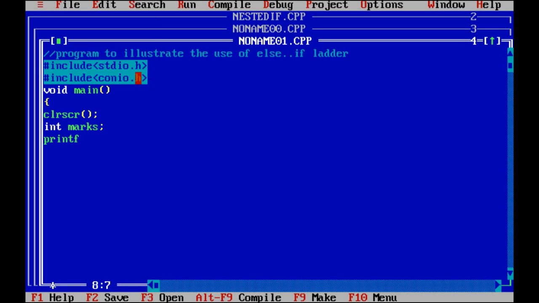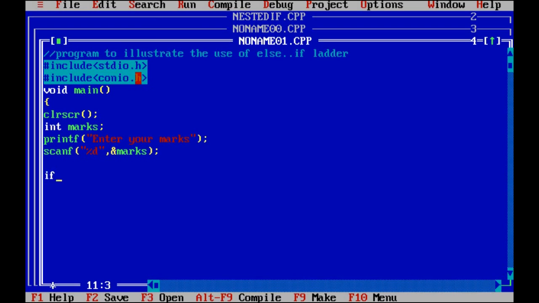Fine, now printf: Enter your marks. Then we scan the marks using the scanf function. Fine, this process is over, and now we start the main part of the program, that is the else if ladder.